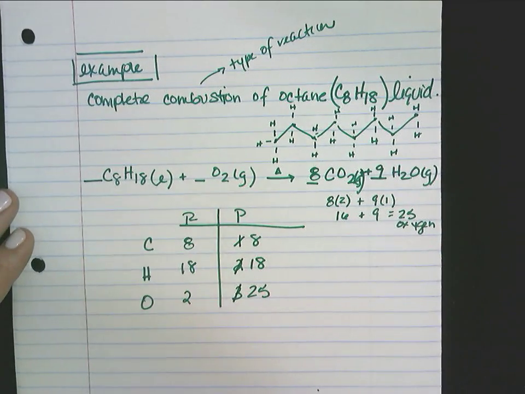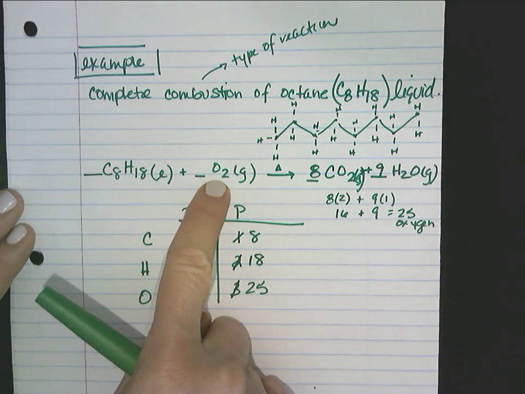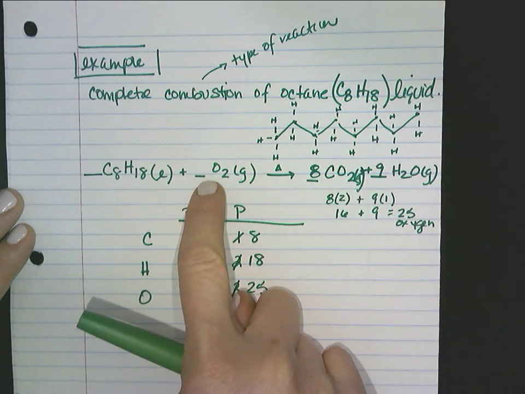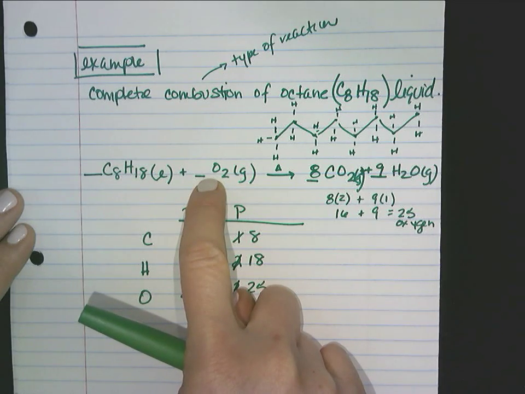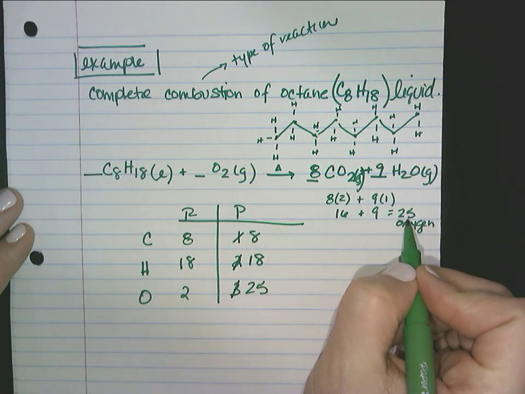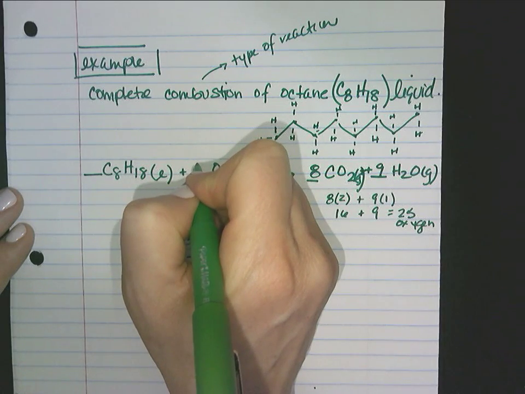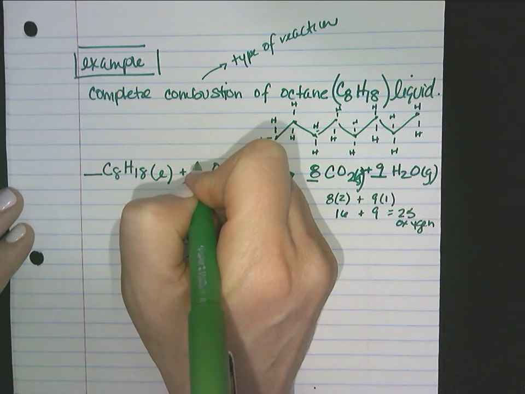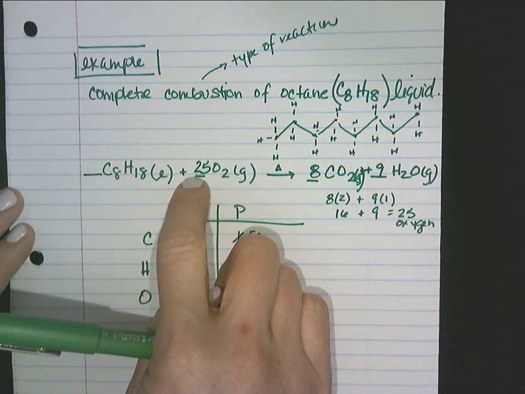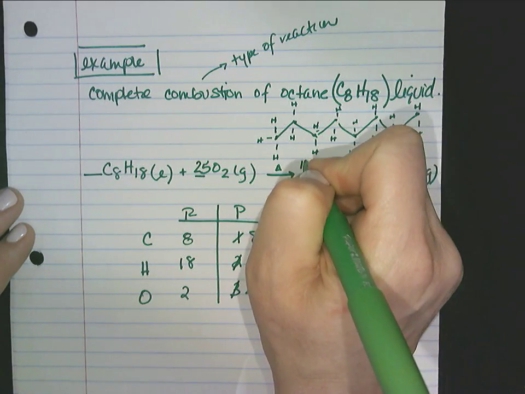Okay, how are we going to get 25 here? Well, 25 is an odd number, and it does not go evenly into 2, and this ratio needs to be a whole number. So instead of putting 12.5 to get 25, what we do instead is we just double it. Okay, so we double 25 and make it an even number, 50. So we want to get a total of 50 over here. So we had 25 as the coefficient, okay? And because we doubled that, we're going to have to double this,